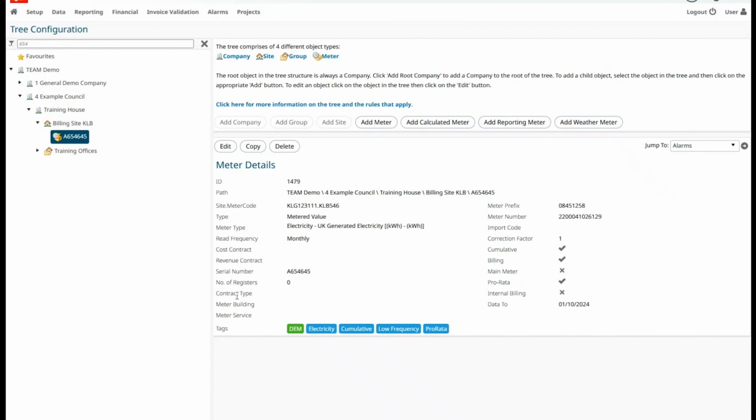So I'll come into Sigma, I'm in the tree configuration, and just to give you a bit of background, I've searched for the meter number, and in here we can see we've got the serial number, we've got the MPAN, and I just want to show you the connection to the account. So if I edit this meter,